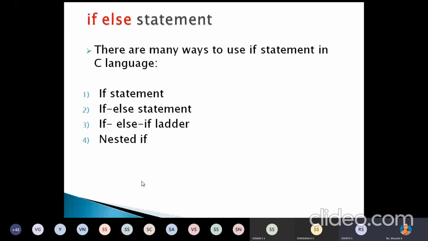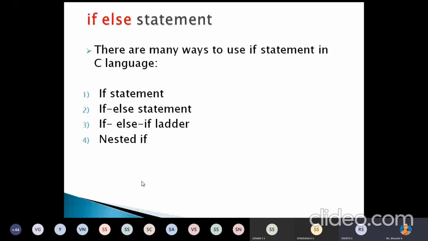The first one is the if else statement. What is the use of the if else statement? It verifies the first expression. If it is true, it will execute that part, and if it is false, it will execute the second statement.